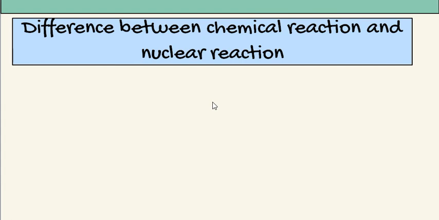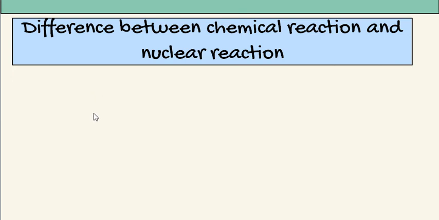Next, nuclear reactions, that is alpha, beta and gamma decay, are somewhat different from a chemical reaction. First of all, in a chemical reaction, only the electrons revolving around the nucleus take part in the reaction and no change inside the nucleus occurs. Whereas in a nuclear reaction, the nucleus undergoes a reaction, or you can say the particles alpha, beta or gamma come out of the nucleus and transform it into a completely different nucleus. The energy released during this nuclear reaction is called nuclear energy.